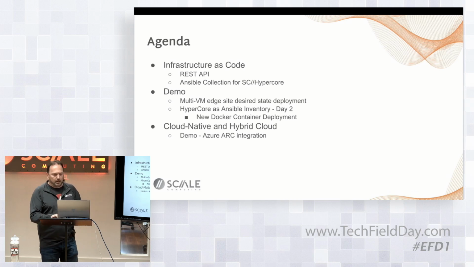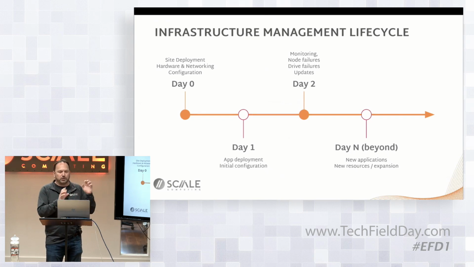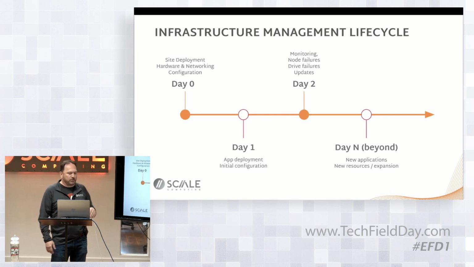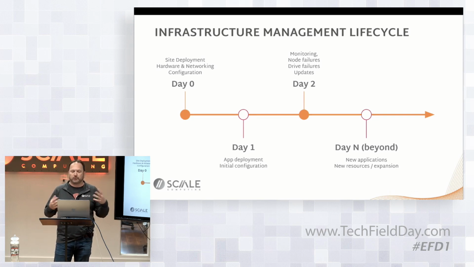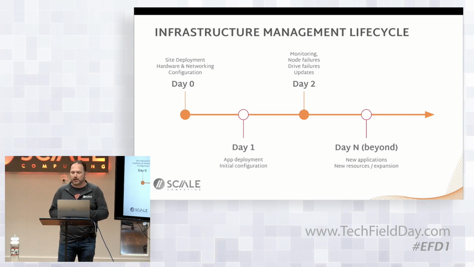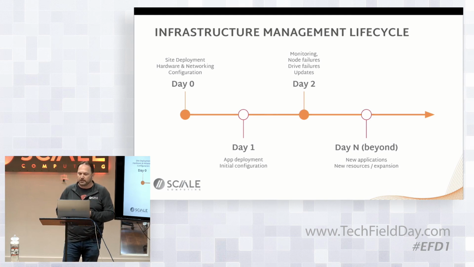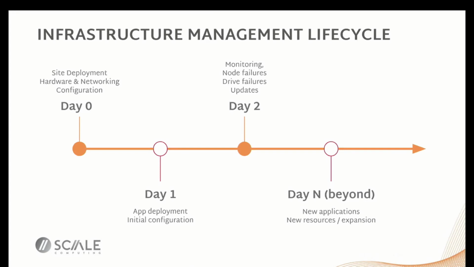So just some basics again. We focused on all the upfront work you do to deploy the site. Here, we'll really talk about day one, getting that application pushed out, the initial configuration of the cluster, the site, and the workloads, as well as touch on some of those day-N operations, particularly on the application side. Craig talked a lot about the Hypercore level of automatically handling node failures, capacity expansions, firmware updates, and so forth. So we'll focus on the application side, how you can rapidly deploy new applications,